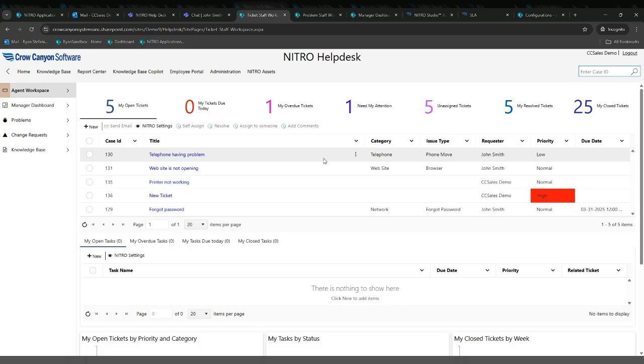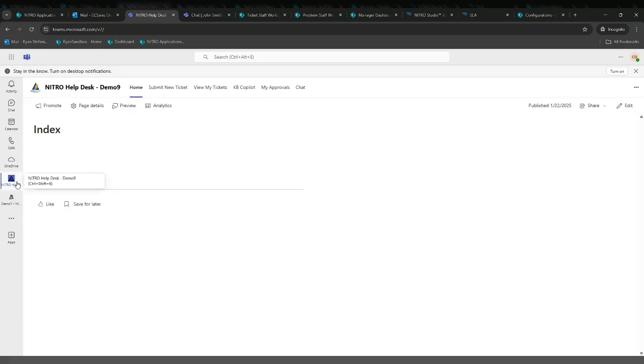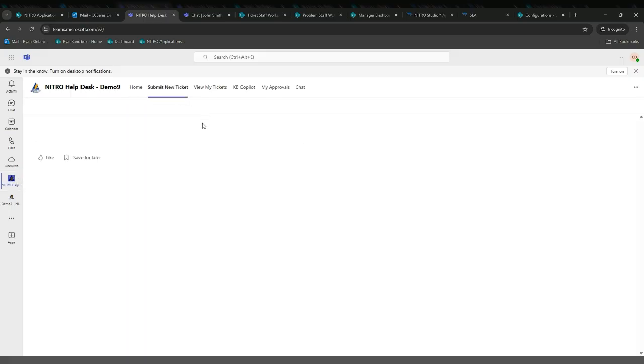So, from an end user's perspective, we have the ability to send emails to create tickets, just like you would in any help desk. You know, a support@ or a help@, whatever your support address is, and it creates a ticket in the tickets list. The main end user interface is through Teams. We've created a Teams app that's pinnable in the left-hand nav of Teams, where your end users can navigate and submit tickets,